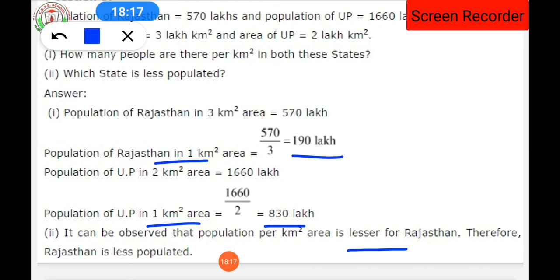Okay, in the question number 2, don't get confused. The two methods I have told you, one is the direct method, another is the inverse method, and that method is given in the class 8th, not in the class 7. So try to do the first method what is given in your book.